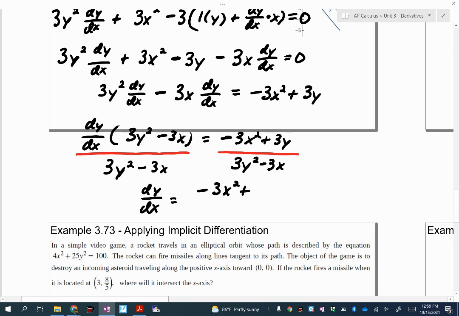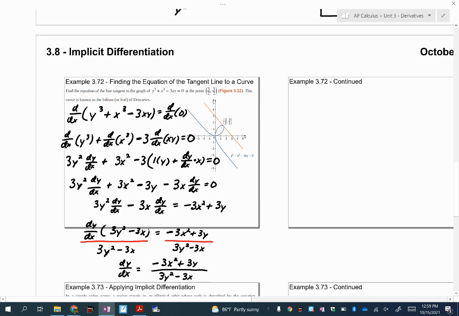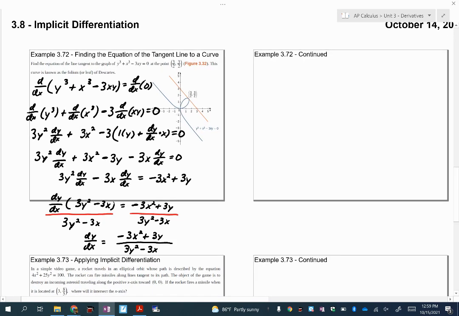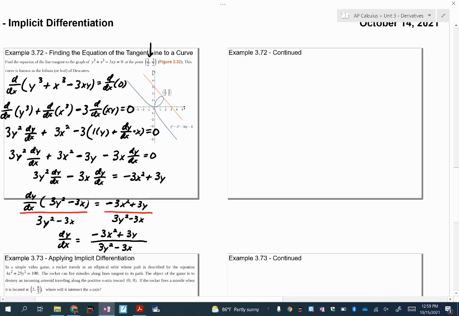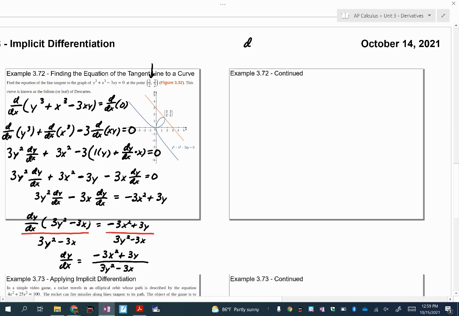Okay, now remember, we are not done yet. I just found the derivative, excuse me. Now we're finding the equation of a tangent line. So I'm going to move to the next slide, and I need to take my derivative, which is this whole fraction here, and I need to plug in the point they gave me for x and y. So I'm going to rewrite it up here as dy dx equals negative 3x squared plus 3y all over 3y squared